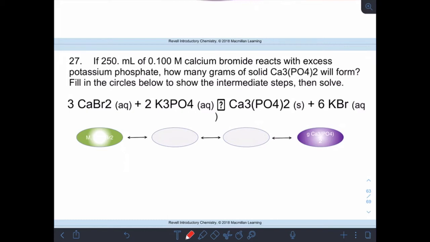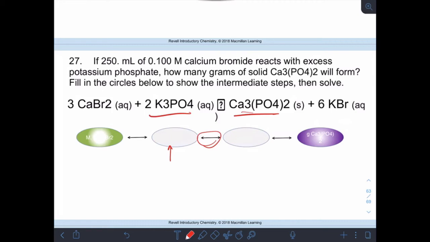So in order to do the stoichiometry, I want to go from the potassium phosphate to the calcium phosphate. Right? So in order to do that, I need moles. Okay? So the mole ratio happens right here in the middle. Okay? So I want, and it's kind of small, so I'm not going to write it in there, but I want moles of calcium